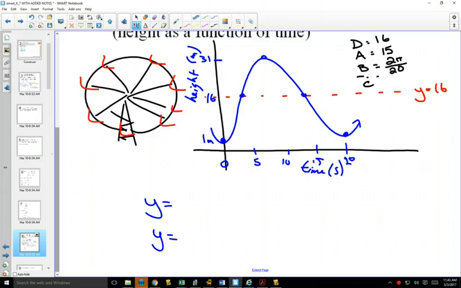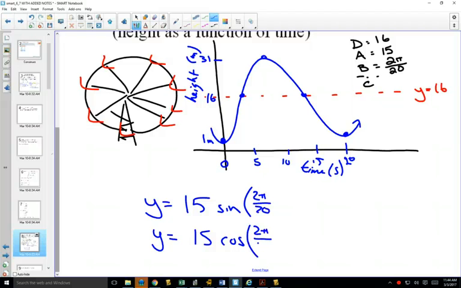Now you could reduce that to pi over 10, but you're going to find often in textbooks, they're going to leave the B value as 2 pi over a number, because if they leave it as 2 pi over a number, you can see that your period's 20 just right from the number, because whatever's on the bottom there will be your period. So now that we have that, we can write our equation. Our A value stays the same for sine or cos. Our B value stays the same, 2 pi over 20 for sine or cos. And our D value stays the same for our sine or cos graph. What's going